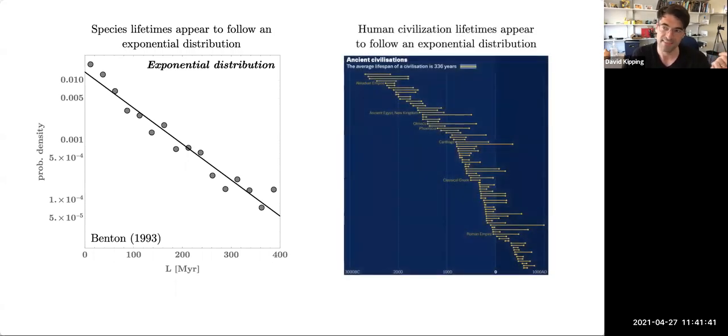Weirdly, I think you can make the same argument for human civilizations. I'm not an archaeologist by any means, but it is interesting to grab this data and have a look at it. When you plot it like this, it's a nice graphic, but it doesn't show the exponential nature. But you can see that there are a few long-lived civilizations lasting hundreds, even 1,000 years. And then there are far more of the short-lived civilizations, at least in the human record that we know about. And this also is quasi-exponential.